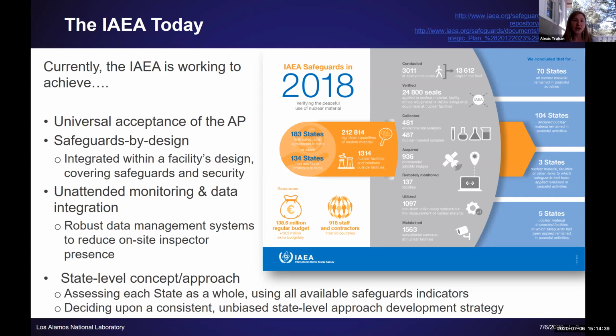Under the state level concept, there's more examination of all acquisition paths that exist within a state. So they're looking at the attractiveness of the acquisition paths as opposed to just the attractiveness of material in individual facilities. So it's a whole different kind of way of looking at a state and their nuclear facility. And then the really important thing is that this different way of looking at the state determines how the agency will apply and distribute their safeguards resources. So that's another very relevant topic at the IAEA right now.